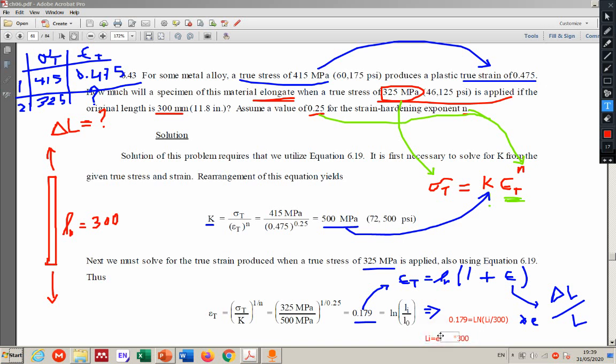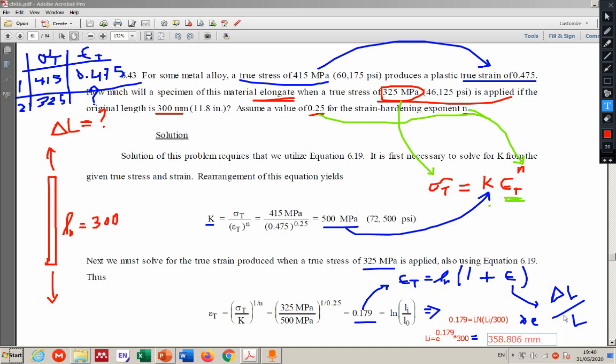So the exponential of 0.179 times 300 is going to give us the value of L, the final length, and that's going to be 358.806